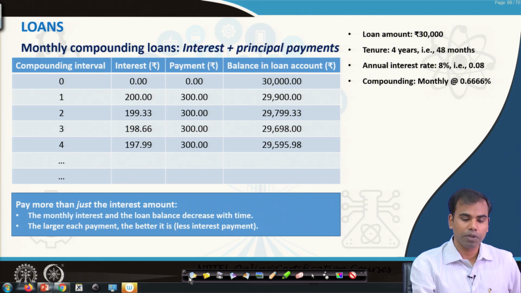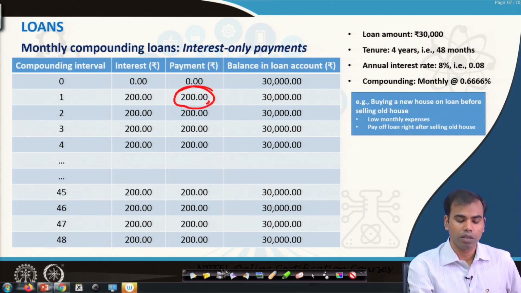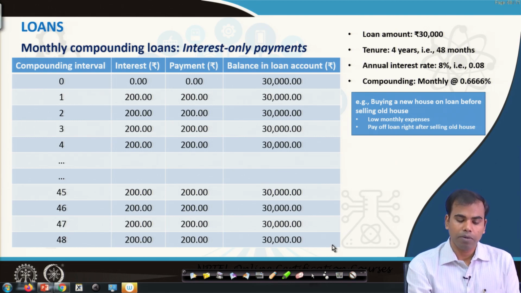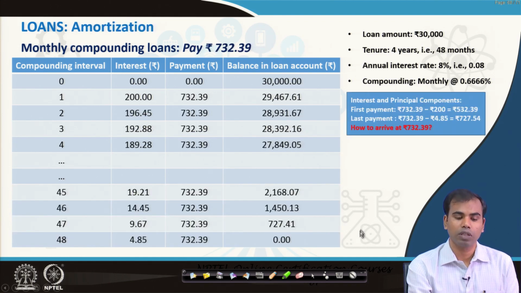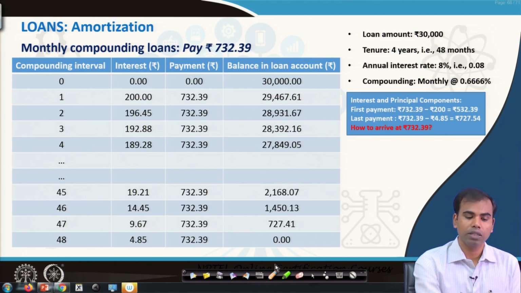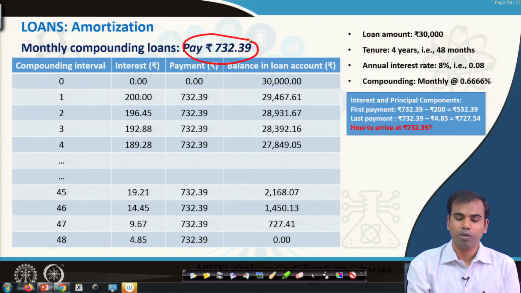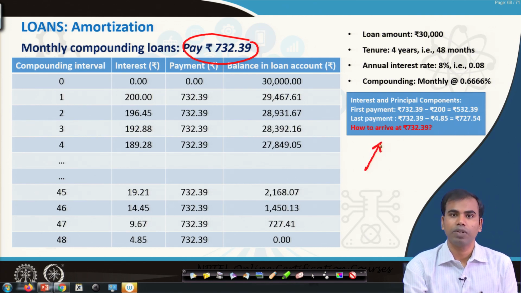In previous example, the amount of money that was paid was 200. So, basically in all three examples that we discussed here, we essentially understood that the amount of money that is going towards payment was given. Now, the question comes here, how do we arrive at this number of 732 rupee 39 paisa